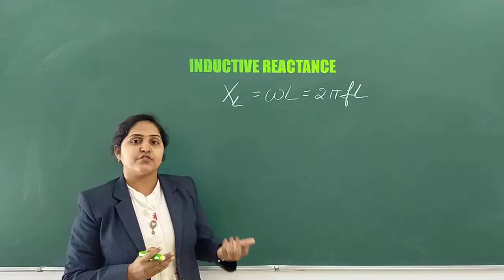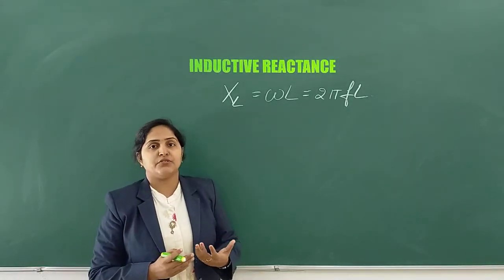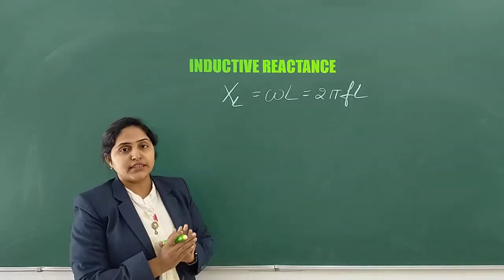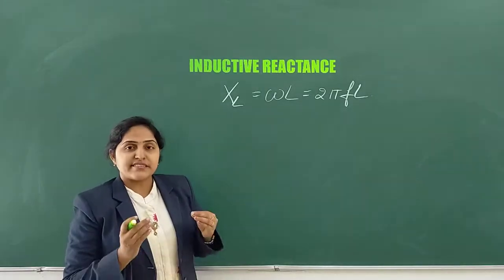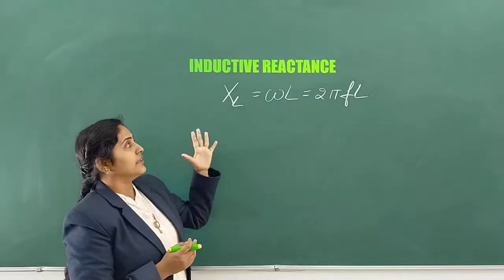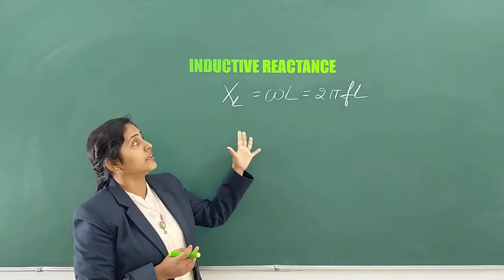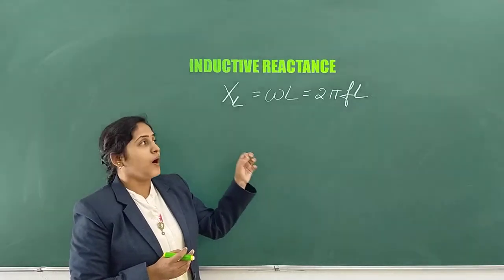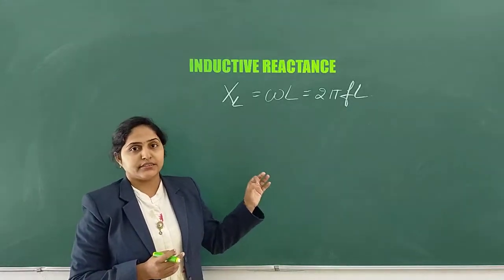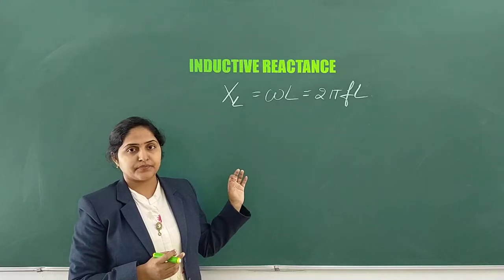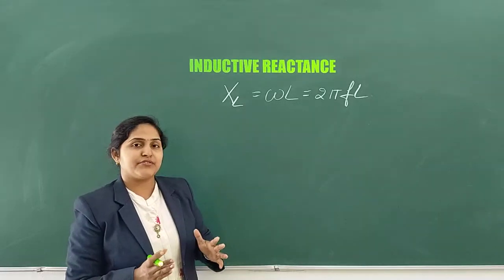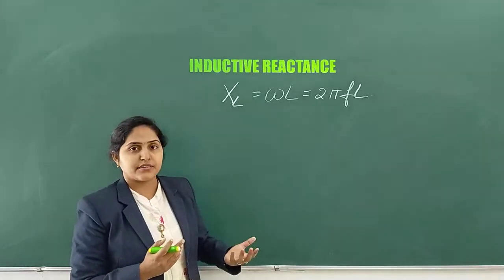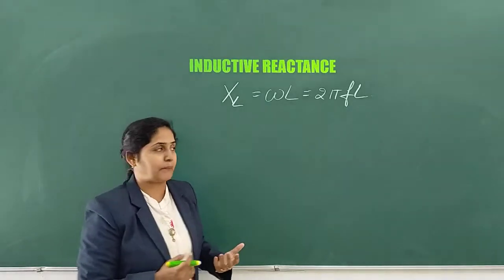reactance, as resistance in the case of a pure resistive circuit. In a pure resistive circuit, the role of resistance is to resist or oppose the current, or to limit the current. The same role is done by the inductor, which is called inductive reactance. This inductive reactance opposes the alternating current in the inductive circuit. The function is the same as that of resistance. So reactance and resistance, the role is the same.